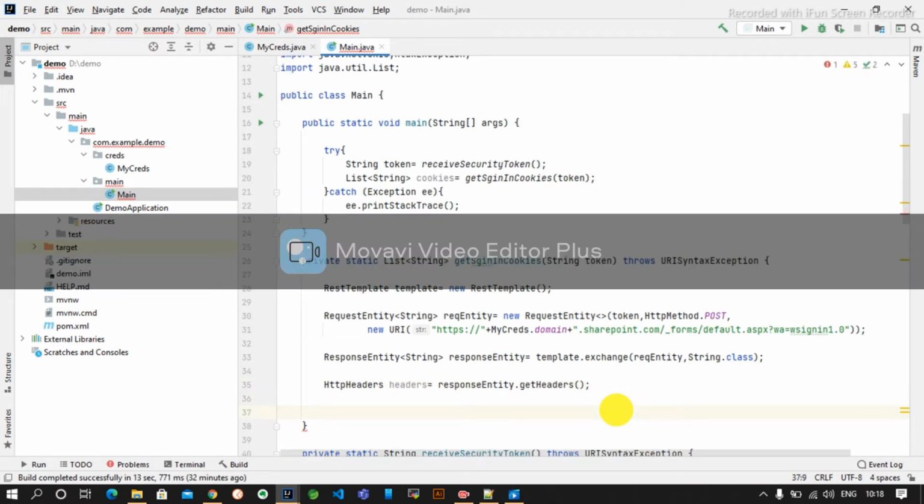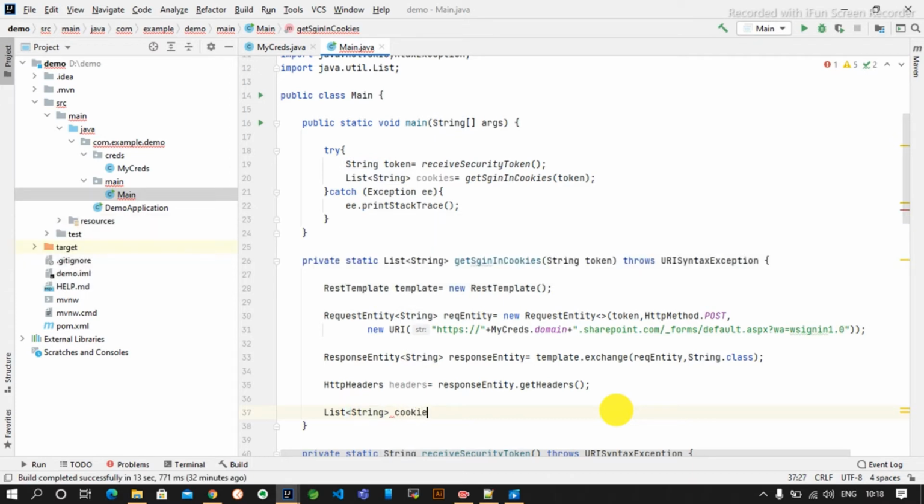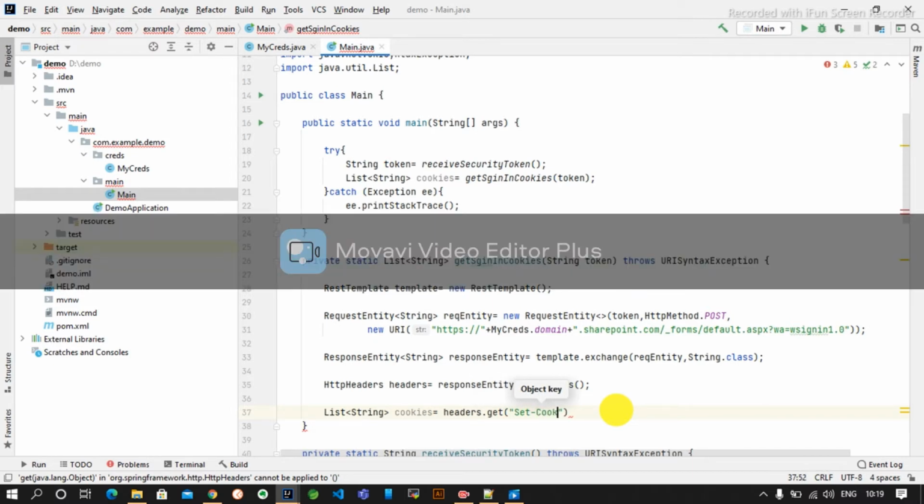Then we will use a list of strings, because cookies are in the form of a list of string. So cookies is equal to headers.get("Set-Cookie"). Generally we set cookies like this, so we get the cookie like this only, Set-Cookie. Here you can see I am getting the cookies themselves.